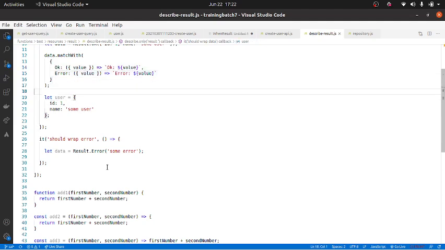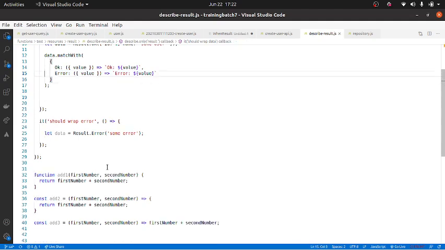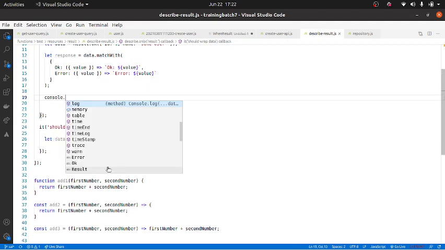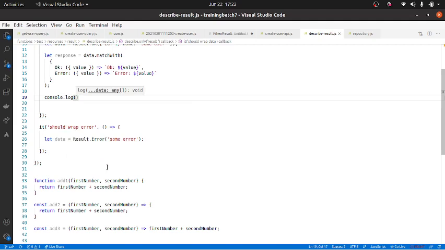So let me do one thing. Let's first see the output. Response equal to this. Let us see what the response is, and then we will look at how it works. So I'm going to print the response.